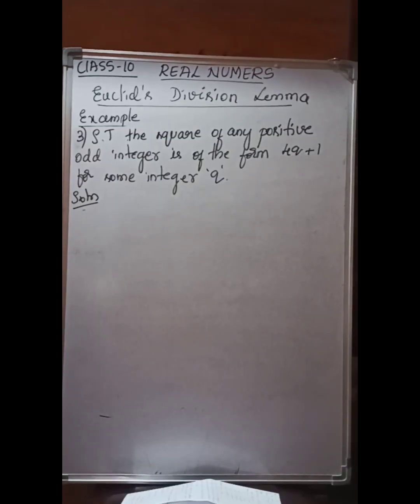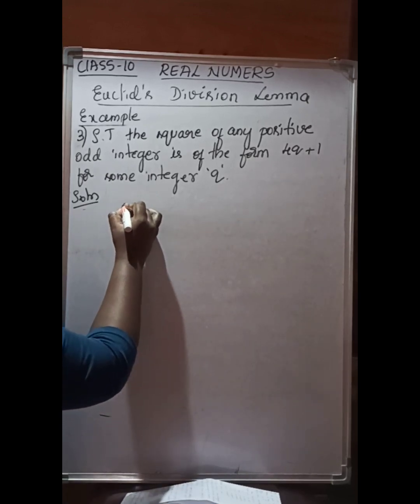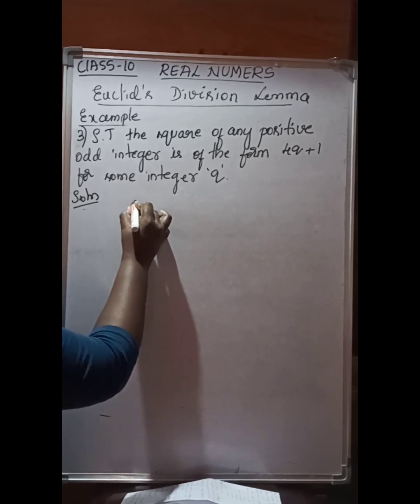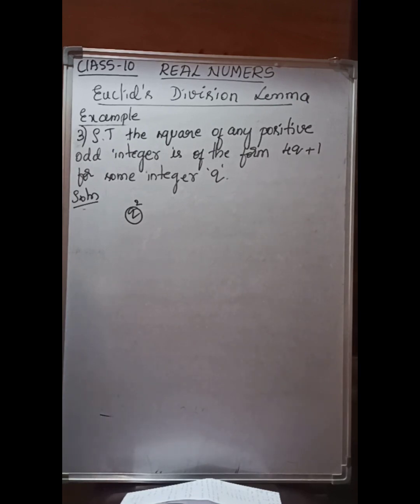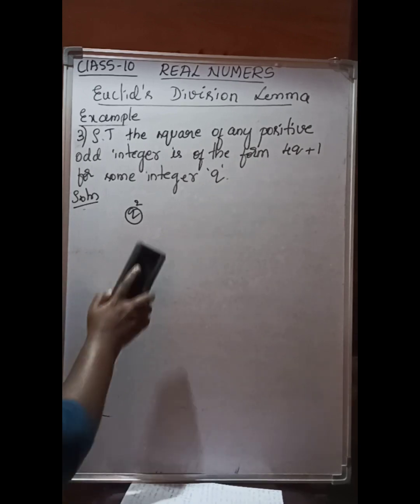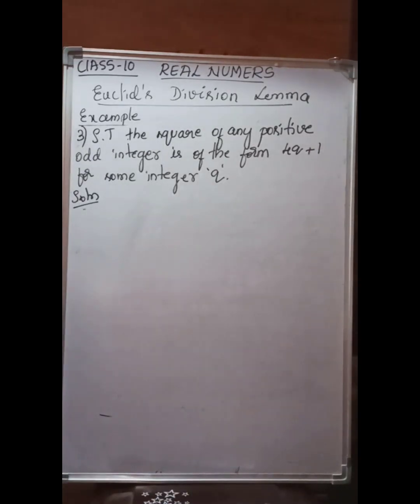Next example is, show that square of any positive odd integer is of the form 4q plus 1 for some integer q. What is the meaning of that? See, consider any positive integer q. When you do square to that positive integer, even after squaring it will exist. That we have to prove. For that, consider